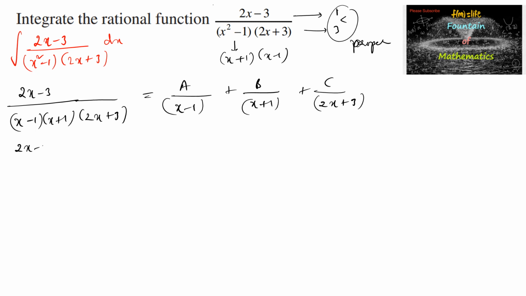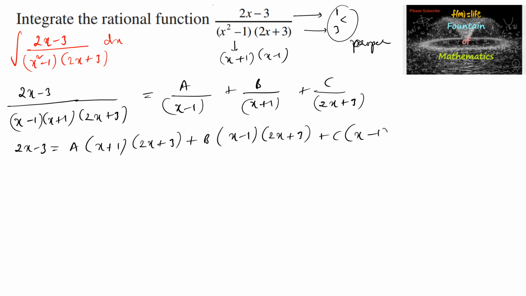So that we can write 2x minus 3 is equal to a times (x plus 1)(2x plus 3) plus b times (x minus 1)(2x plus 3) plus c times (x minus 1)(x plus 1). So to get the constants a, b and c, put x is equal to,